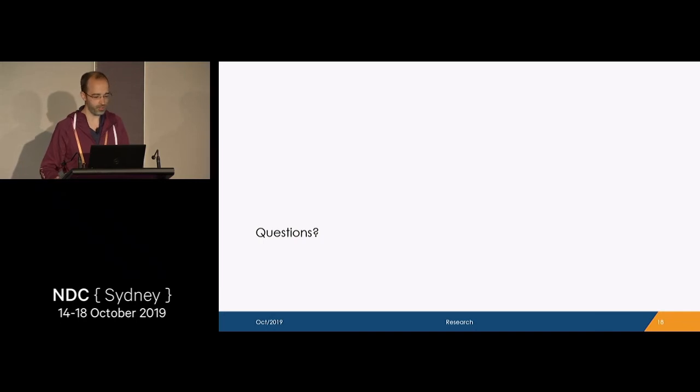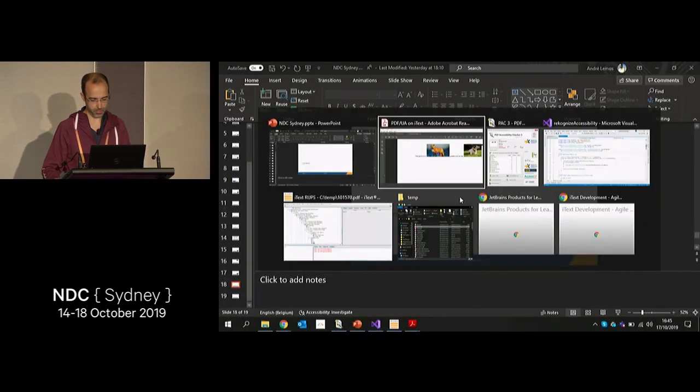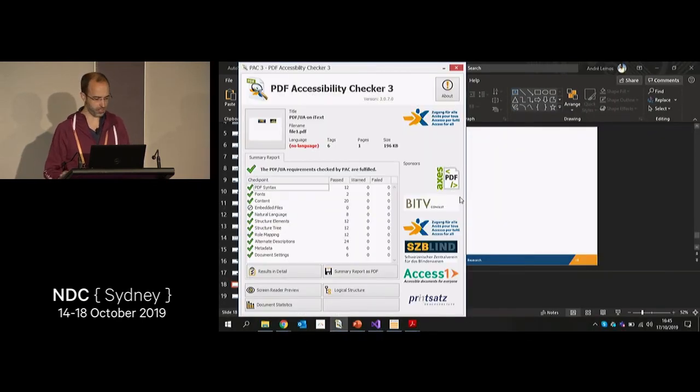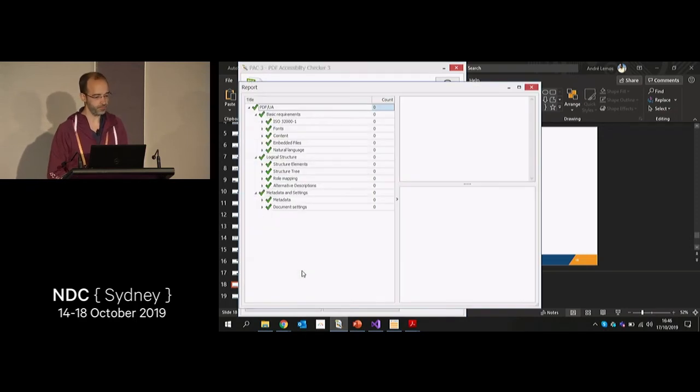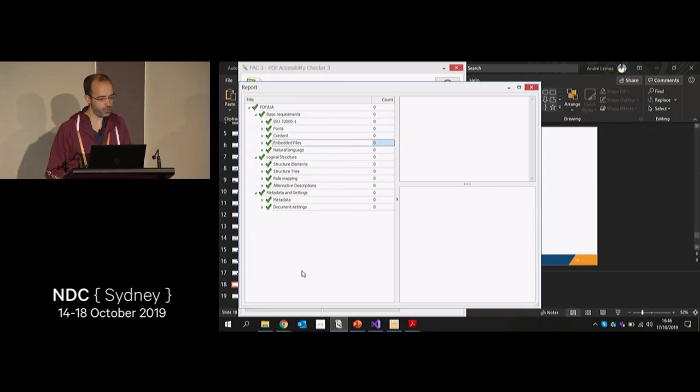One of the aspects in accessibility, I think it's within content, is the title. One of the things that I actually set by hand was the document title.